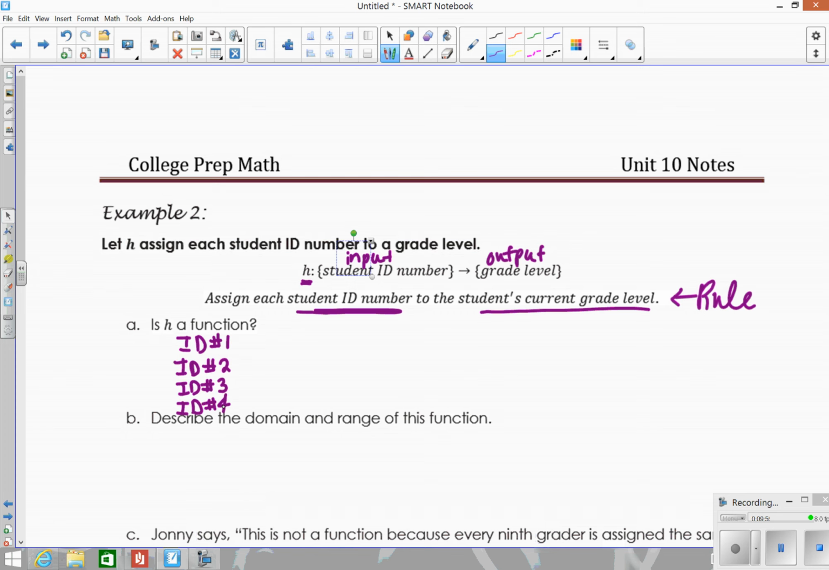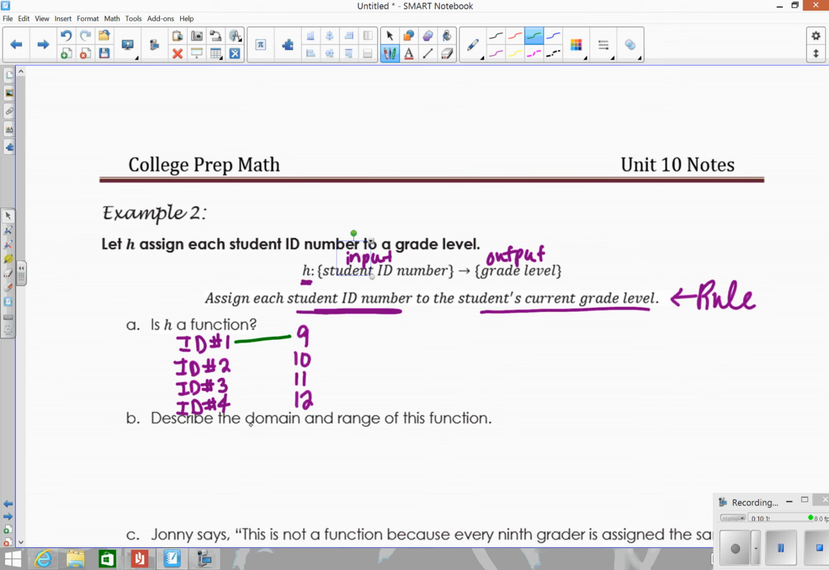So these would be our students. So this is just 4 students. There's their ID numbers, and we want to map them to grade level. So let's just do this for high school, so it would be 9, 10, 11, and 12. So if we go to map ID number 1, so this student here, let's just say, okay, this student is